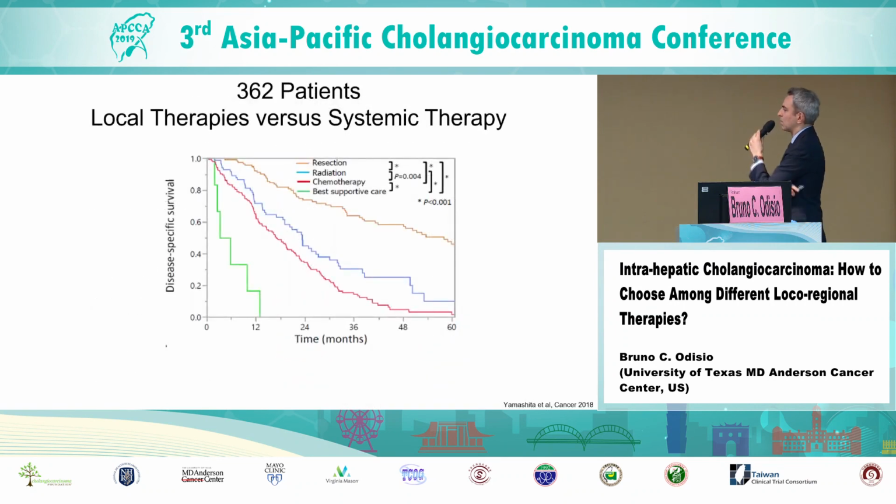This is a paper published by our surgical oncology group together with the radiation group, with 362 patients who had local therapies. And we see that patients who received resection or radiation tend to have improved overall survival compared to patients who had either chemotherapy alone or best supportive care. They also performed